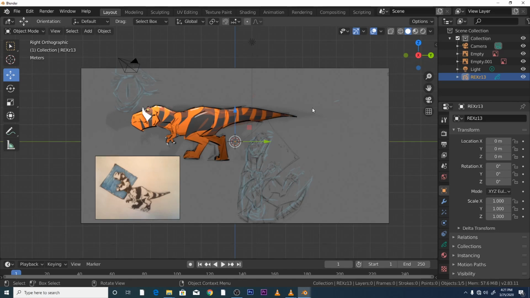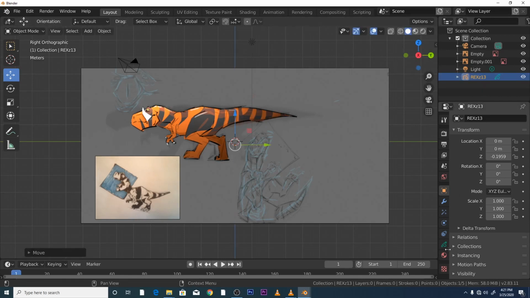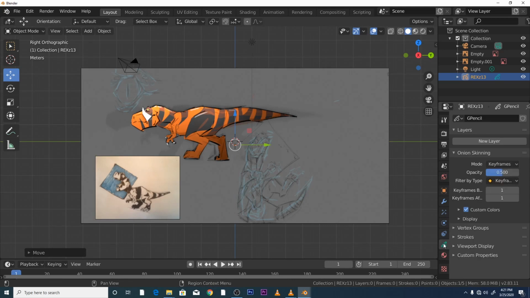So what we're going to first do is set up our layers in a grease pencil. How we go about doing that is we click on this icon here. Make sure that your grease pencil object is selected, which my one is. It's highlighted, and that's it here. Click on this icon here, and then you're going to be greeted with this scene here. Now we want to create a new layer for this object. So we'll click on there,